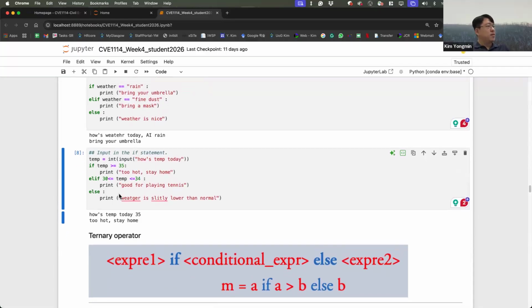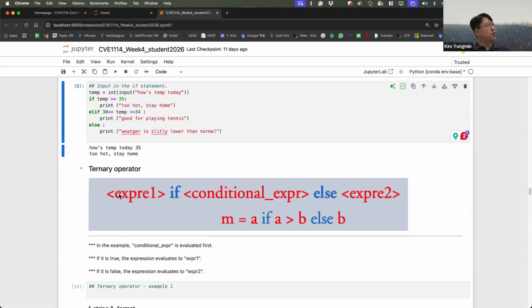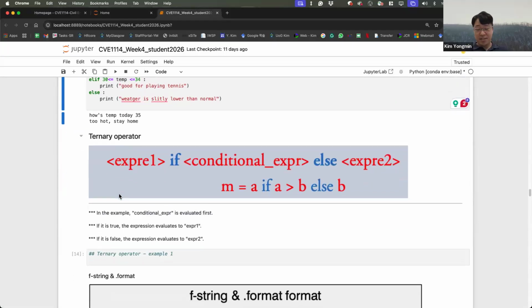Okay, so far we discussed the if statement, if, else. And now I will show you so-called ternary operators. It is the simplest conditional expression. Python supports one additional decision-making entity, which is the ternary operator.